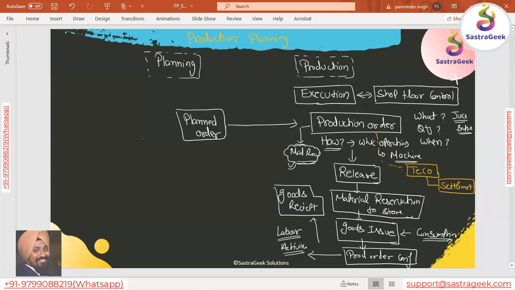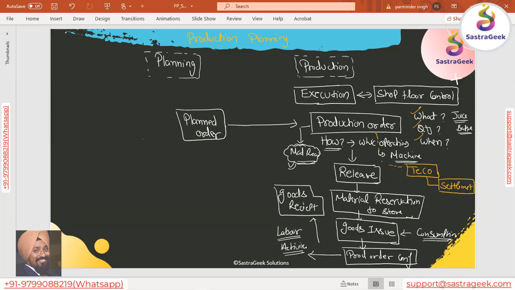Okay, so this part, the right-hand part, all the execution part, starting from the production order: once the production order came in, you need to make sure that you produce it, you confirm it, and then you close the production order. That all would come into the production part or the execution part. Now what needs to be produced, in which quantity and when, who decides that? The decision happens through the planned order.